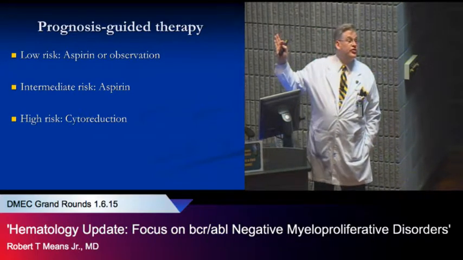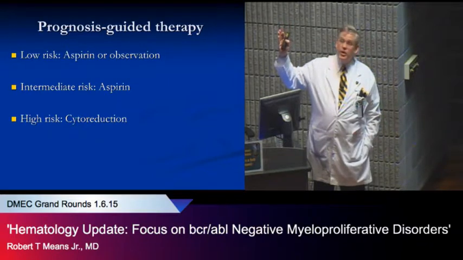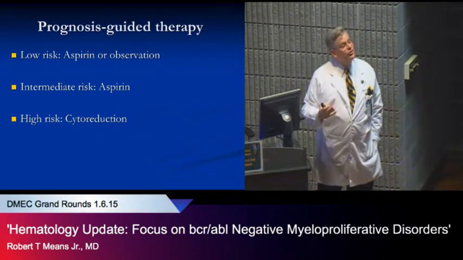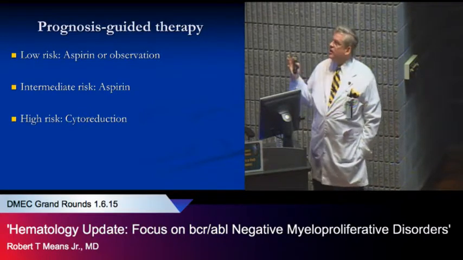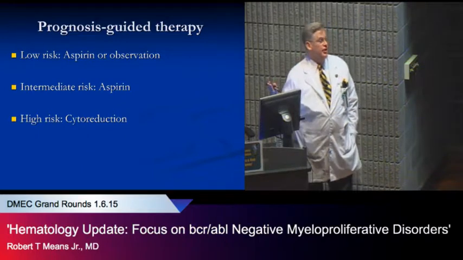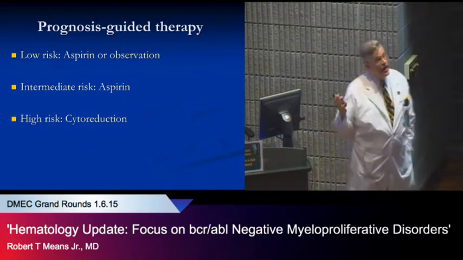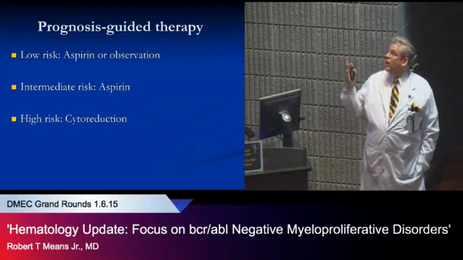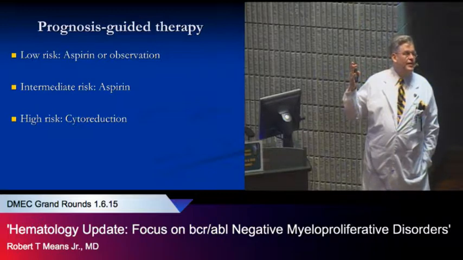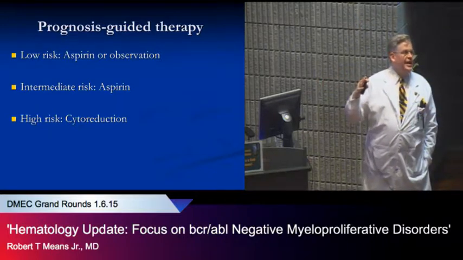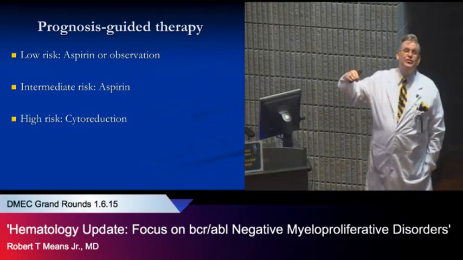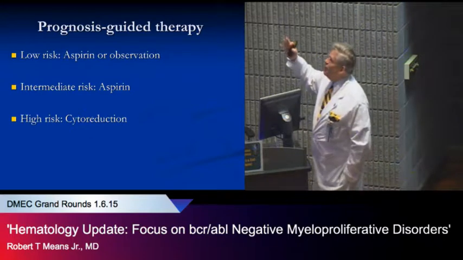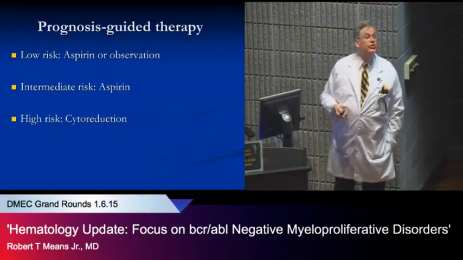Most people in the US use an 81 milligram baby aspirin. Most people in Europe, where you can get a 100 milligram aspirin tablet, use a 100 milligram tablet. The conclusion recently presented in posters at the hematology meetings last month was that you don't need 325, and anything less than, say, a 60 milligram aspirin is not good enough, because I guess they have many more different sizes elsewhere. But so 80 or 100, something like that. And high risk, you do cytoreduction.